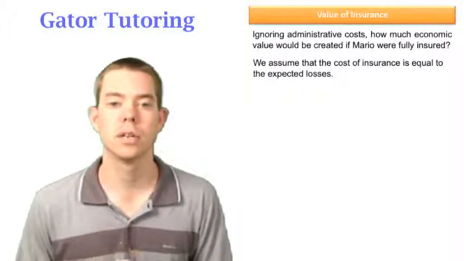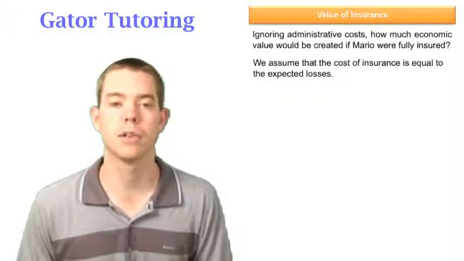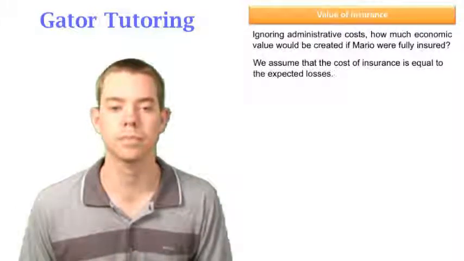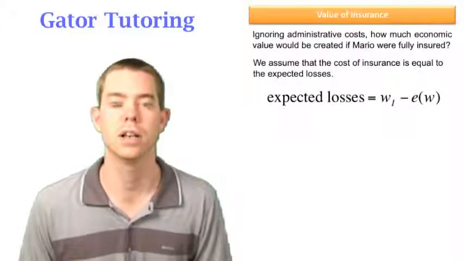It says, ignoring administrative cost, how much economic value would be created if Mario were fully insured? We assume that the cost of insurance is equal to expected losses because it said ignoring administrative costs. So that's crucial to understand. Therefore, the cost of a policy is going to be equal to the expected losses, which is the initial wealth